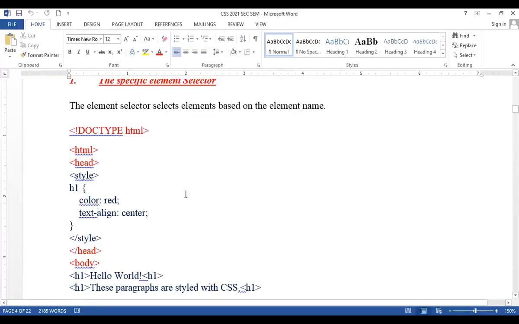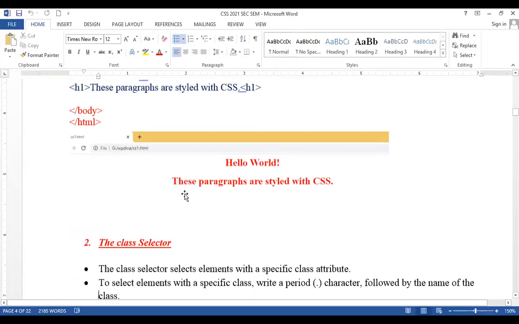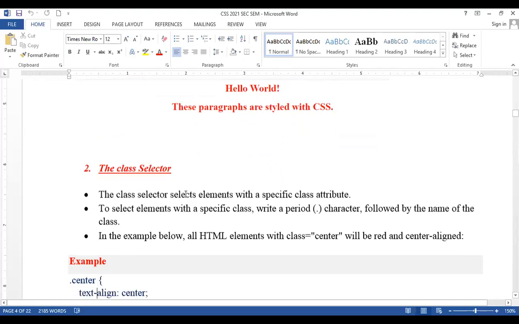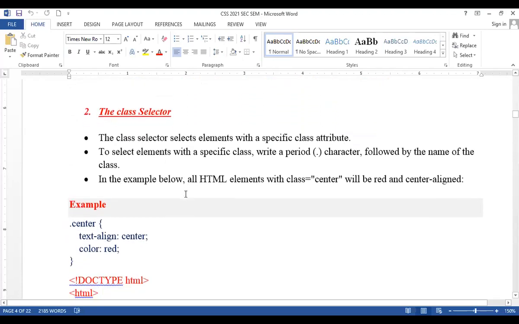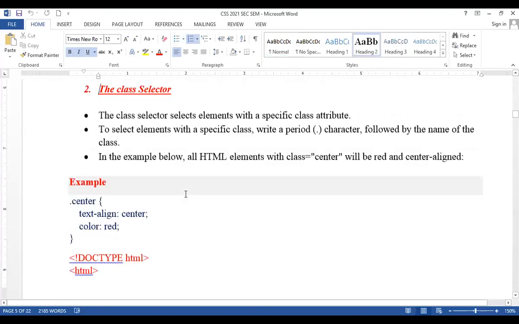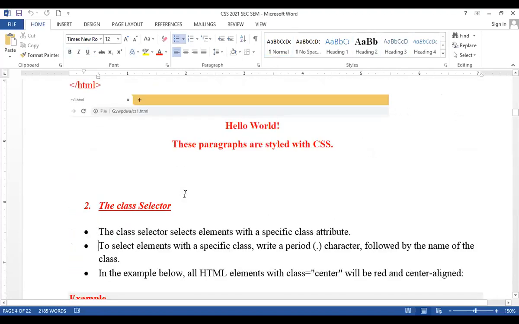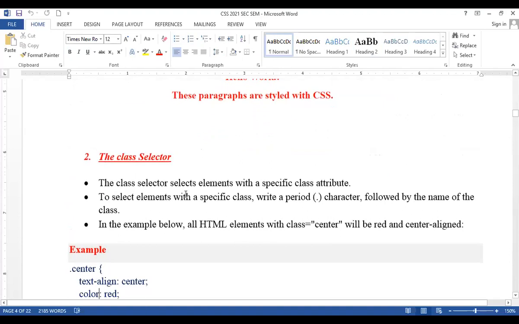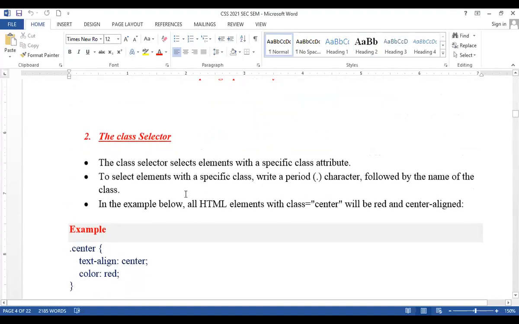So this is the first form which we saw just now. Okay. So the second form is what, guys? Selector, class selector. So we are writing everything in the same style. Just the syntax is different. Properties we are using are the same. In the brackets only we are writing. Properties we are writing the same. Tag names also we are writing the same. But there is a different style of writing.